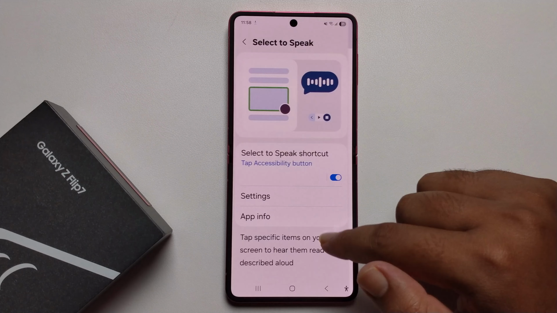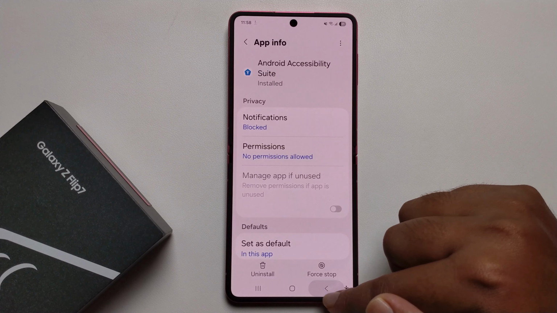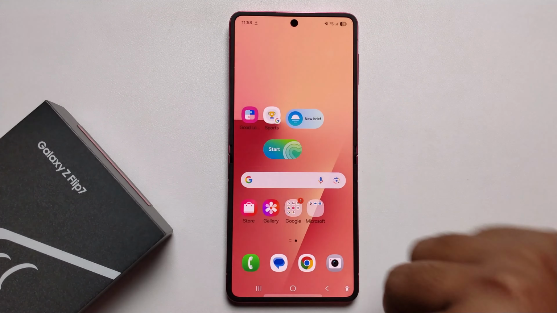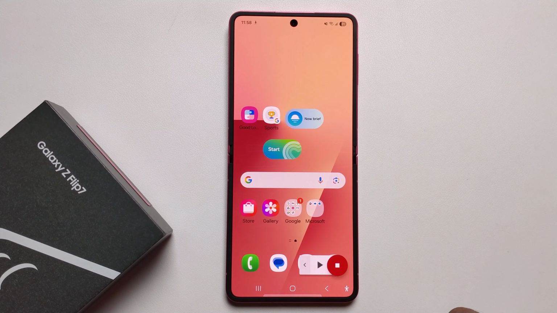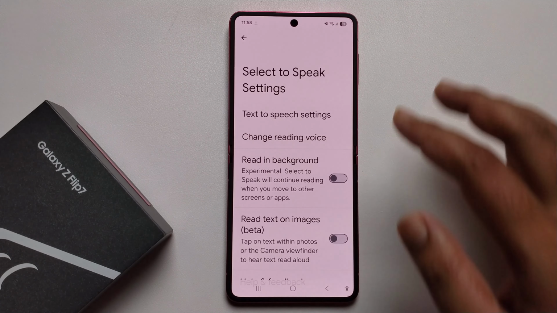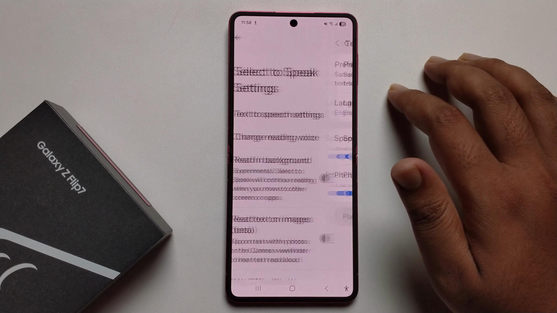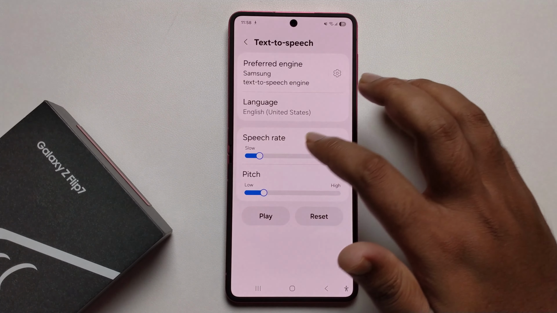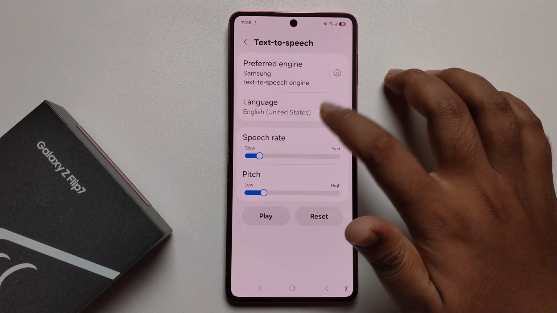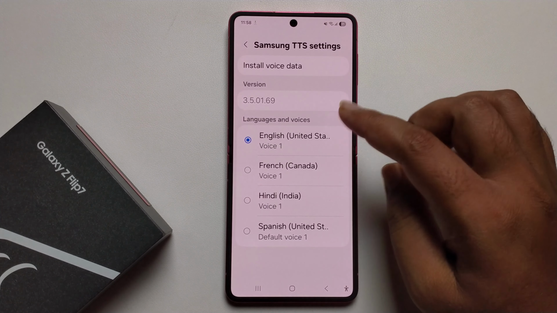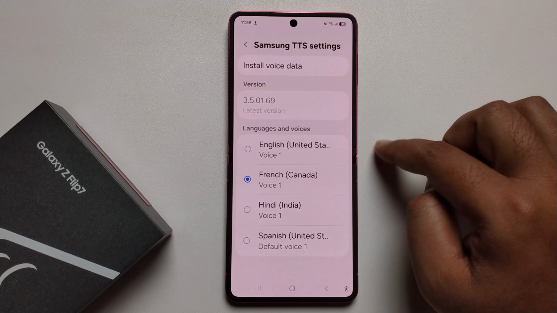Settings. So look here, now click on Settings and click on More settings. If we want to change language, change voice,